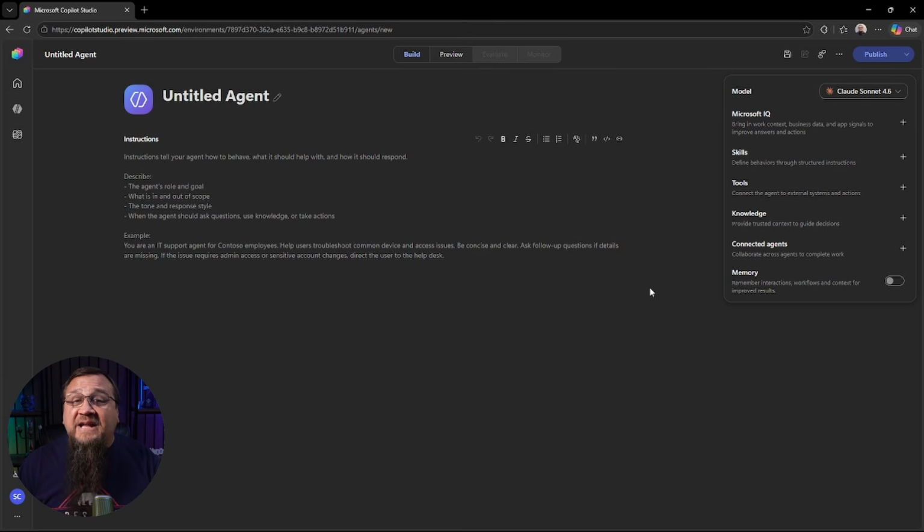So I think everything is now using MCP server technology and not Power Platform connectors. That switch makes it able to use a much more seamless authentication and authorization process behind the scenes. You're going to get much higher quality results, and you can even toggle on memory, which was always an issue for Copilot Studio agents. You could add your connected agents here, but